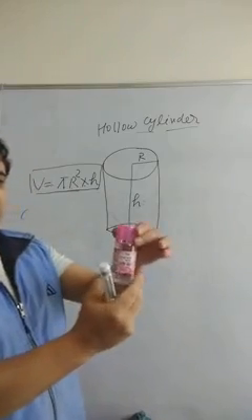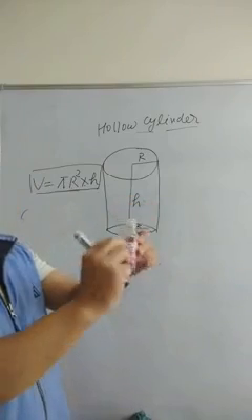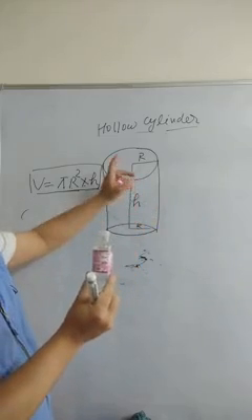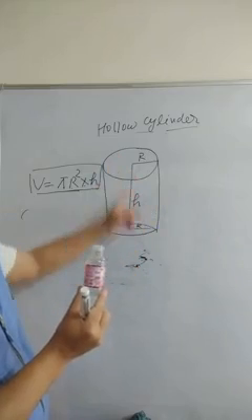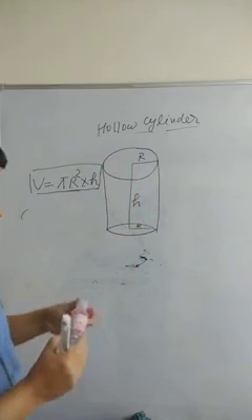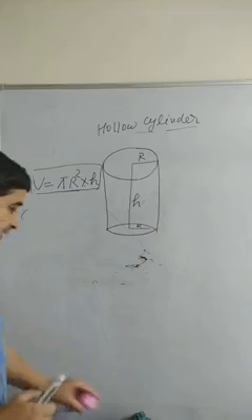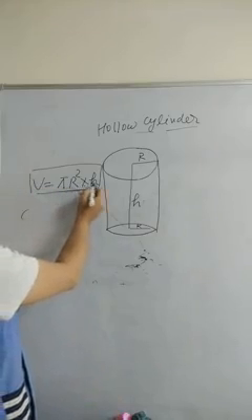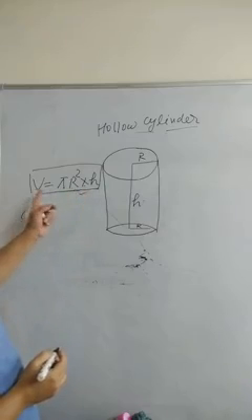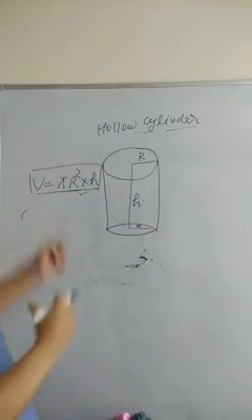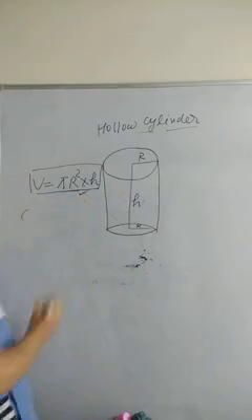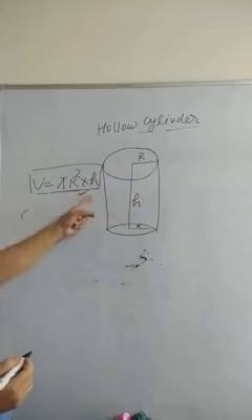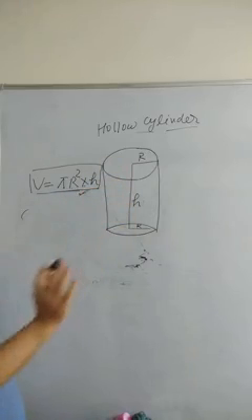Suppose this is a cylinder. If you cut it from here and cut it from here, that will give you a hollow cylinder which is open from both ends. It is open from this end as well as from this end. Got it? So in that case, if volume is asked, volume will remain the same, pi r square into h. That volume you can call capacity also. Capacity means whatever you can fill inside it. Whether it's solid or hollow, the volume will remain the same, pi r square into h.